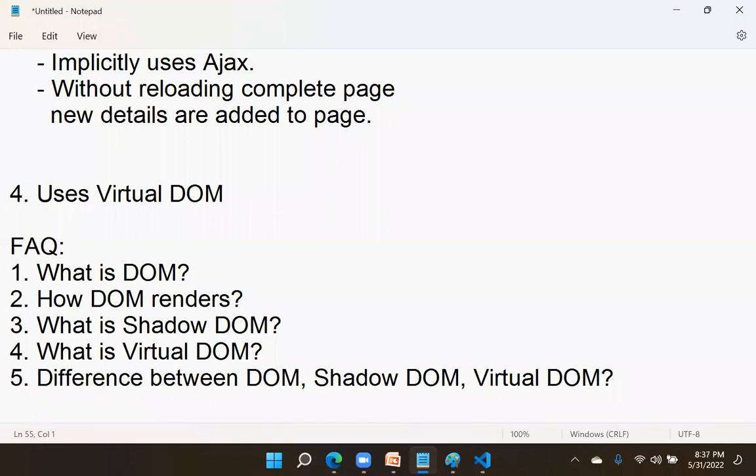These are very important for React. You cannot call yourself a React developer if you don't know what is virtual DOM, right? And you will fail in the majority of interviews if you don't have an answer for this, because in every interview you have to answer this, what is virtual DOM. At an experience level, they will ask some details about virtual DOM. You should know about it.